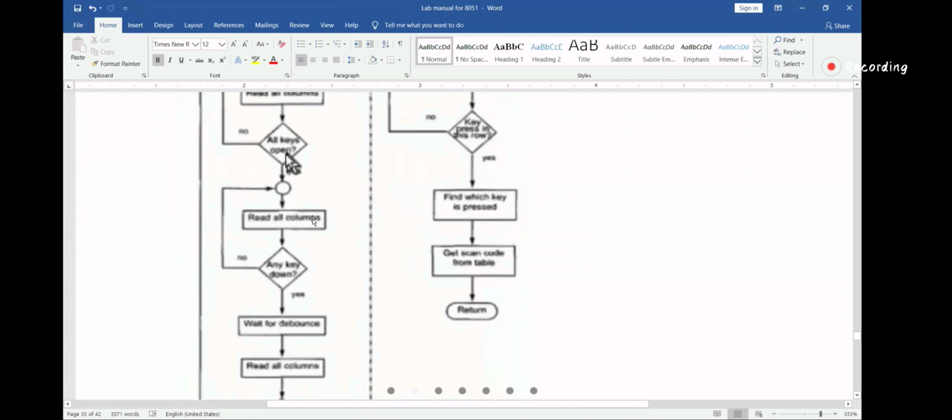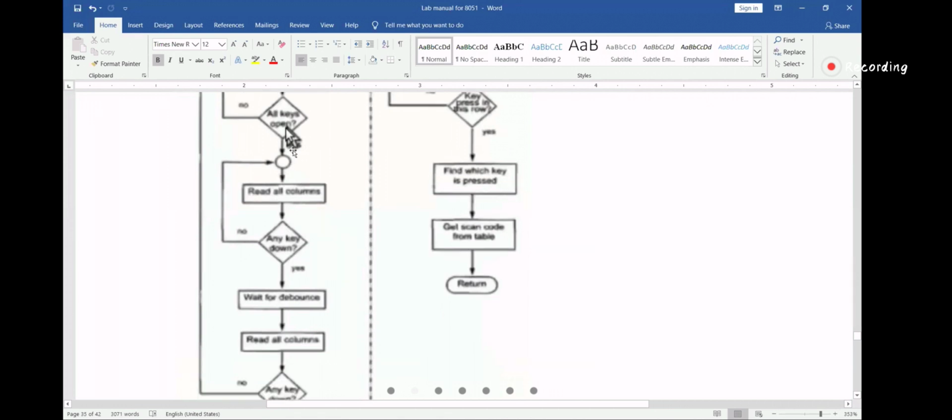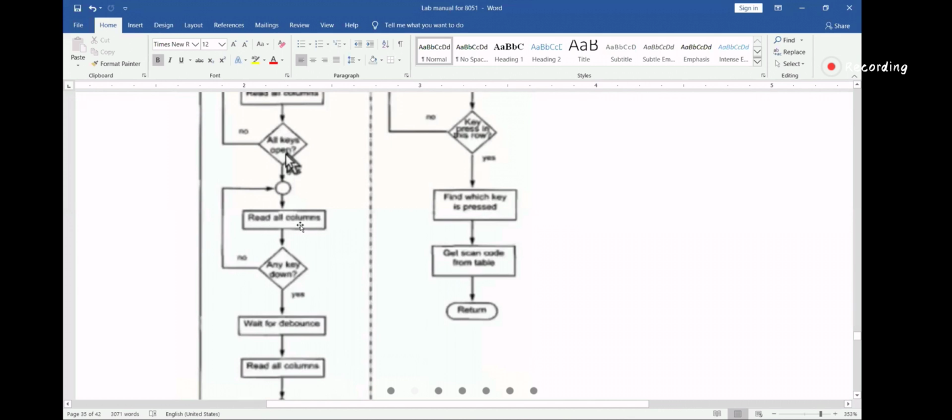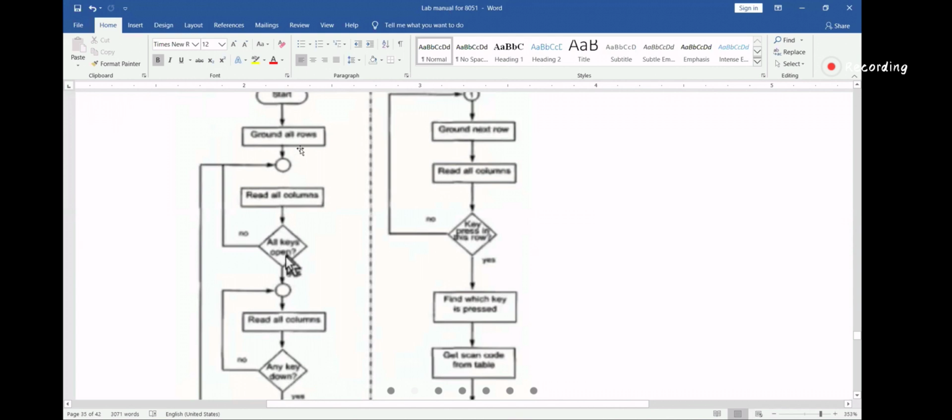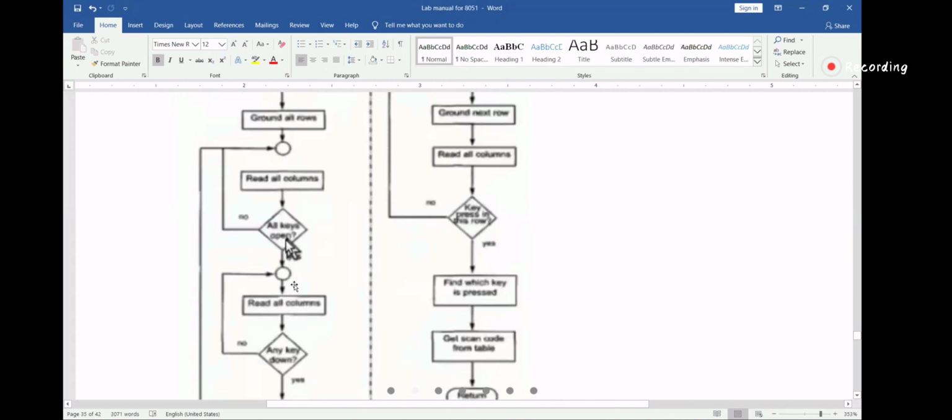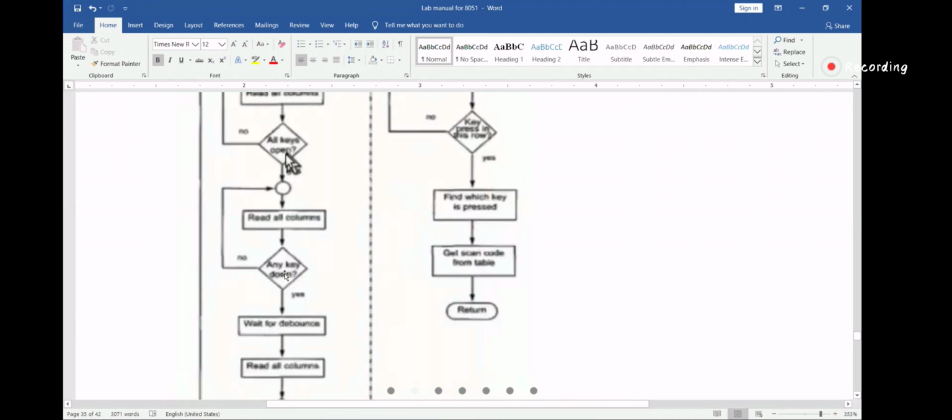Read all columns. This is something to do with debouncing. It will again repeat with that. See, read all columns. Any key pressed? So we are checking twice whether this column is changed or not. The second one is something to do with your bouncing time.